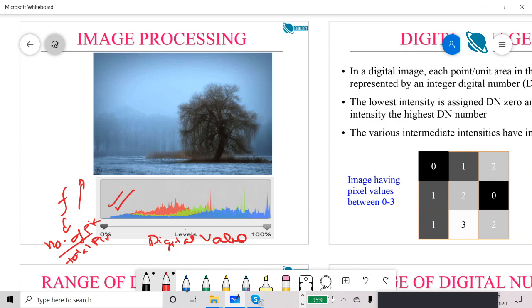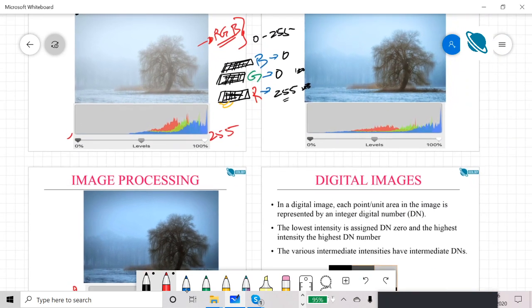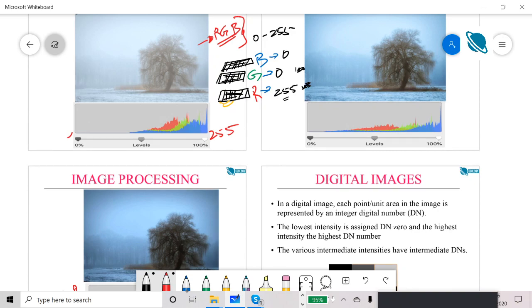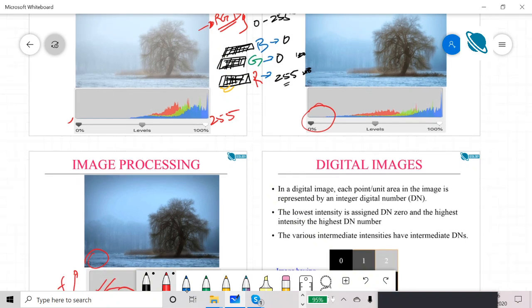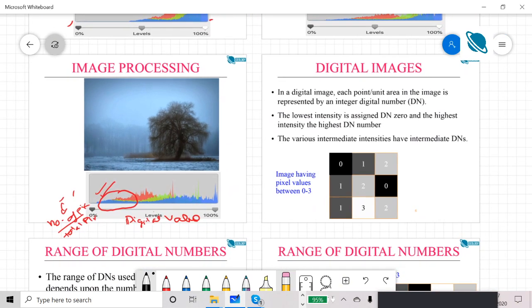So the number of pixels with lower brightness is now large, so there are more dark values also. You see the original image and this image, and you can see the contrast between all these three images. As I increase darker values, I am stretching my histogram and the contrast is increasing. Now I have bright areas as well as dark areas. This is just an example of what image processing is. We will study these in detail when we complete this lecture. This is what is included in digital image processing.